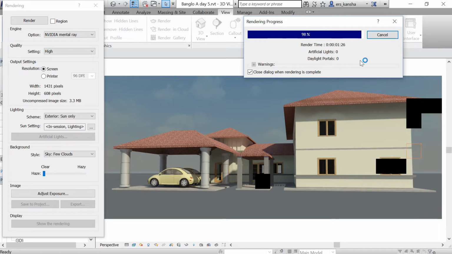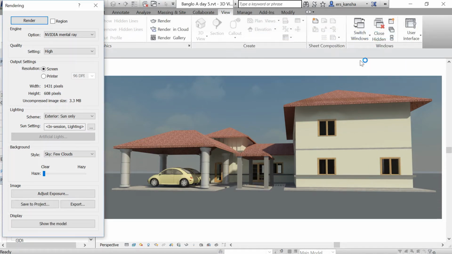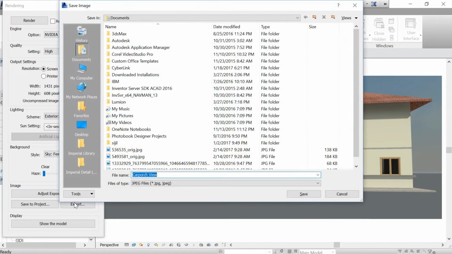So now 1 minute 30 seconds. After finish, we click button export and we export to